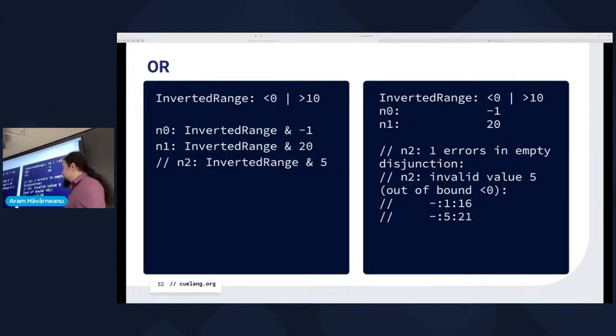But for example, if you look at the inverted range, it's kind of like the interval we had before between 0 and 10, except now it's the outside part of it. And we can try out some numbers n0 and n1 to see if they are indeed part of that range that we declared. But if you try 5, it doesn't work. And again, to clarify another point, there's n0 and n1 over there because they're 2 different things. You cannot change them; one thing is fixed. There's no mutation or anything like that.